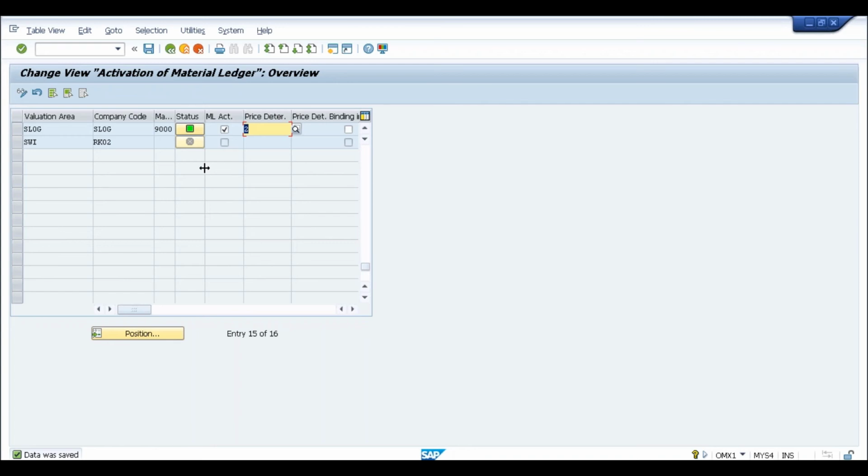Now in SAP S/4HANA, since material ledger is mandatory, there is a new set of tables. So when you are activating it, that is not sufficient. You need to migrate all the data which is available in the older tables to the new tables, right? If you only activate it, that is not sufficient. You need to migrate the old data from the old inventory valuation tables to the material ledger tables, and that is the reason you are required to run a second transaction also. So it is very important in case of conversion. In case of new implementation, it is not very important, but still it has been kept as mandatory.